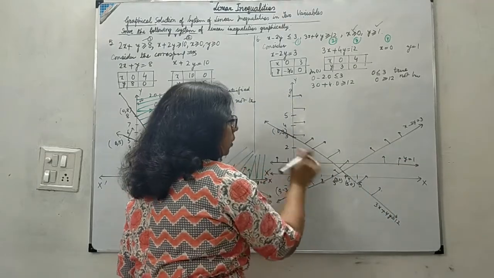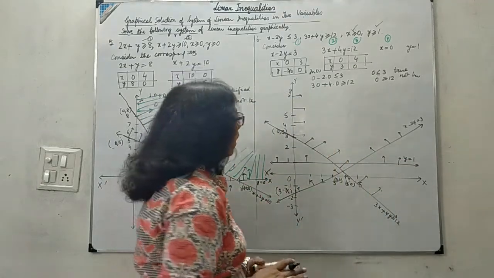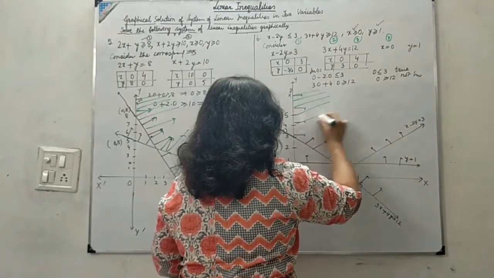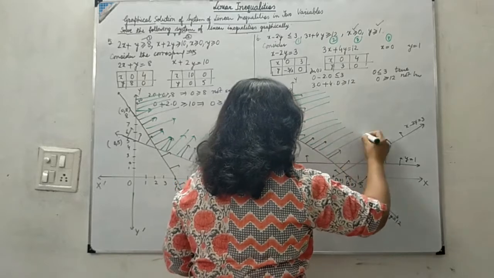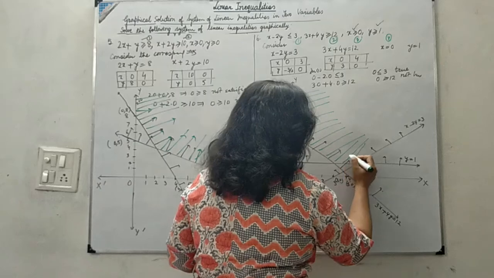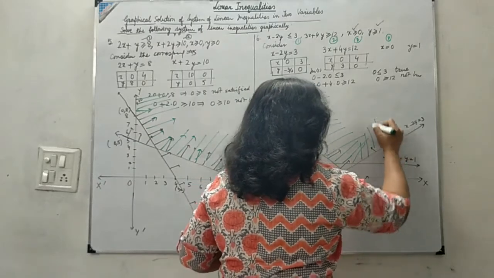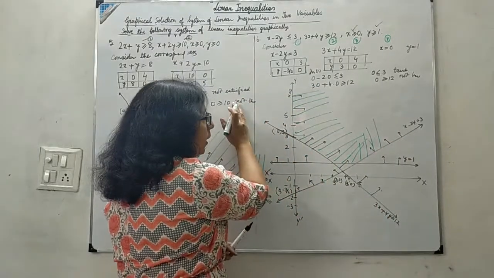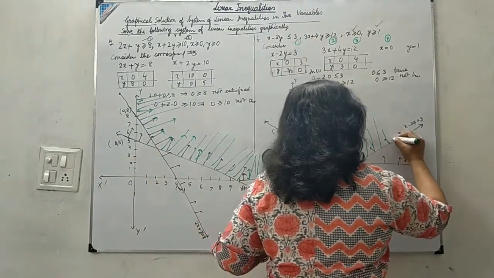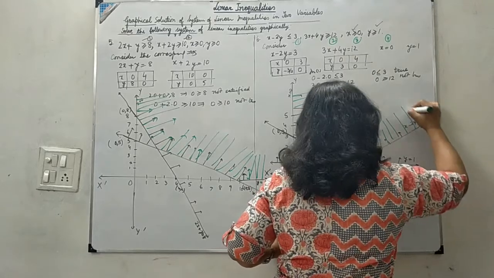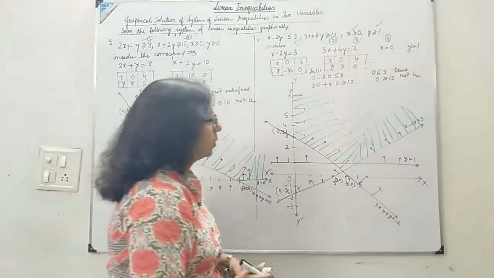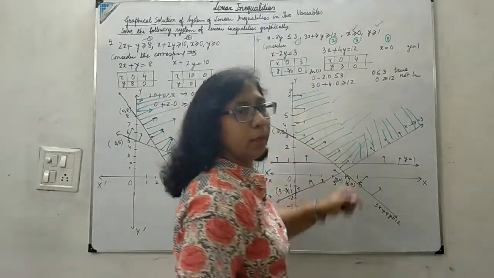So I have put arrows on all four sides, and the common part you can see will be this, which is bounded by this line, not this part. Now please see, take care. We are not to go on this side of x equals 0. We are not to go below the line y equals 1. We are to move above this and this. So this unbounded part, as shown in our solution, is our required solution.